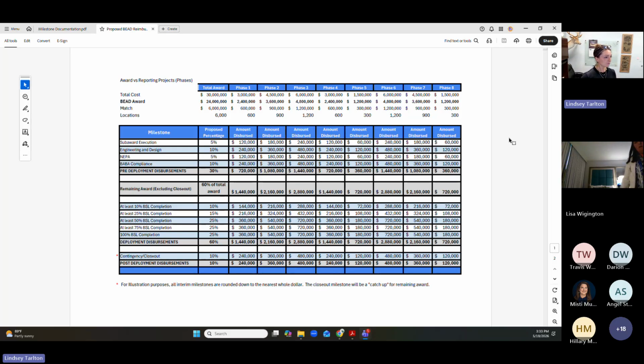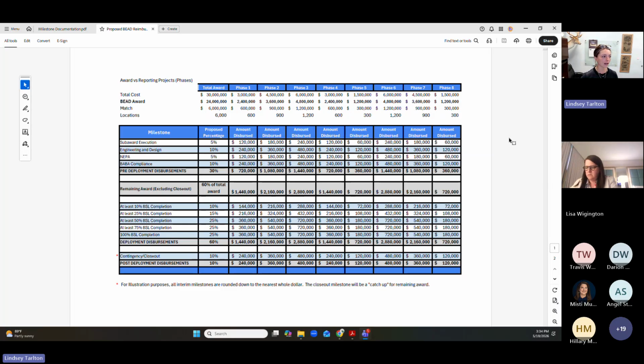There are, I think, 9 milestones total, if I'm counting correctly. And there are 4 pre-deployment disbursements, which of course would happen out the gate.